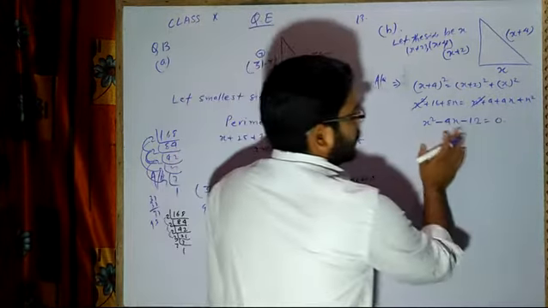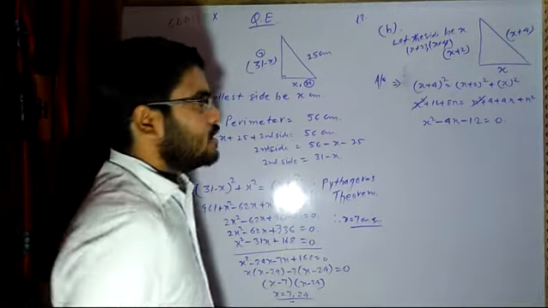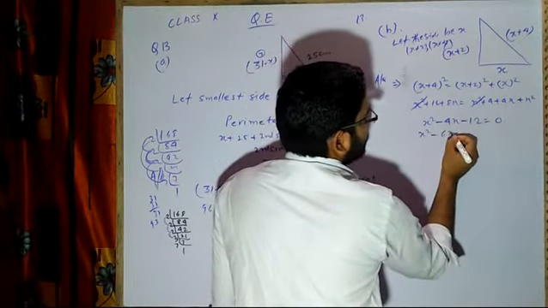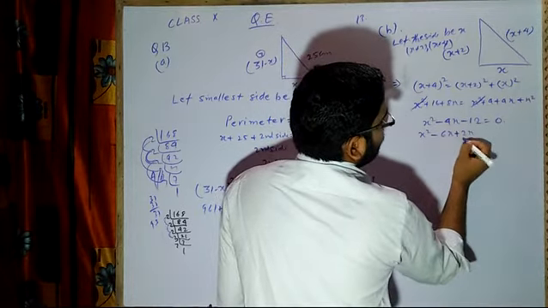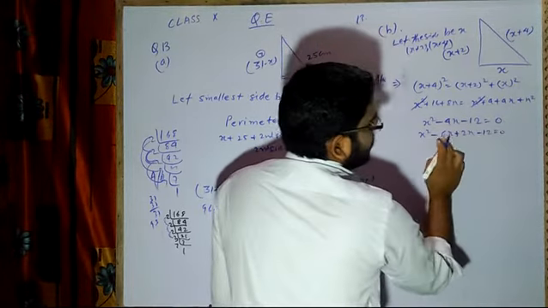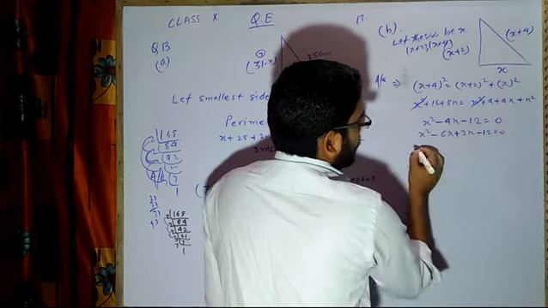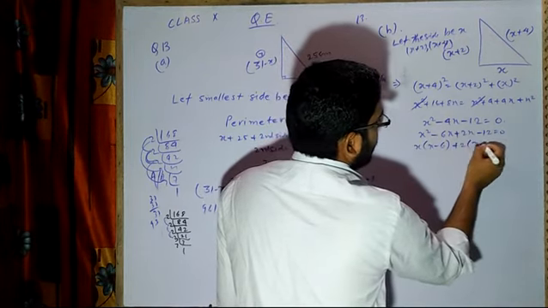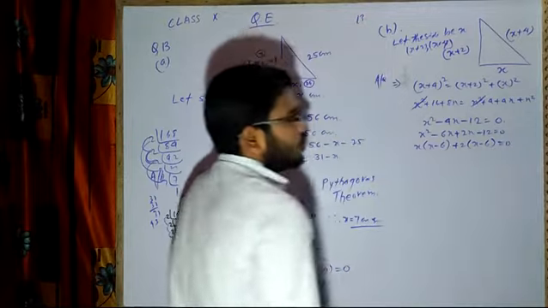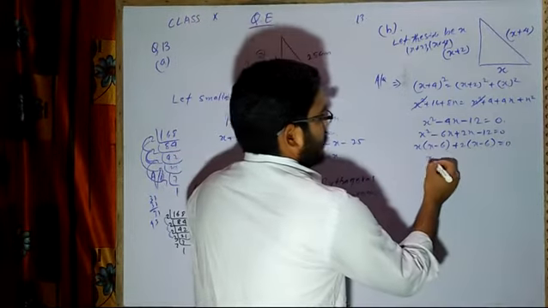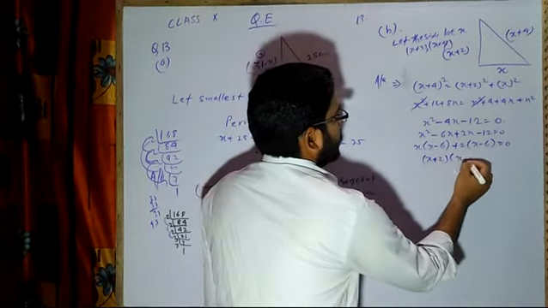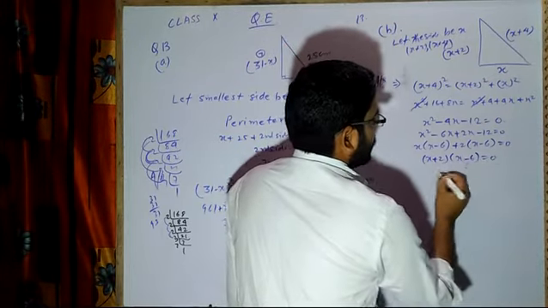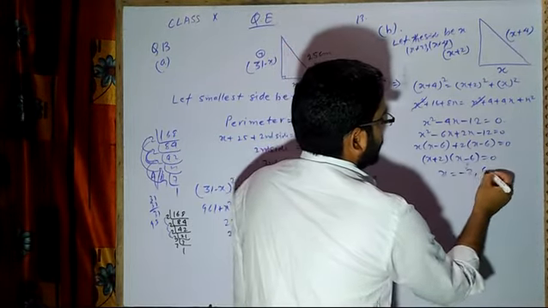Now we have to break in such a way that the middle term should be equal to minus 4 and the product should be equal to minus 12. So it is very simple. So I can write x square minus 6x plus 2x minus 12 equal to 0. 6 minus 2 is 4, 6 into 2 is 12. Now x common. I hope no problem here. Now we are having x plus 2 and then x minus 6 equal to 0. So x will be equal to minus 2 and 6.